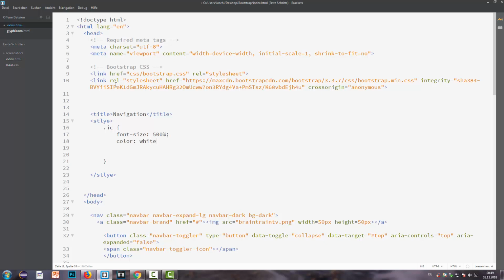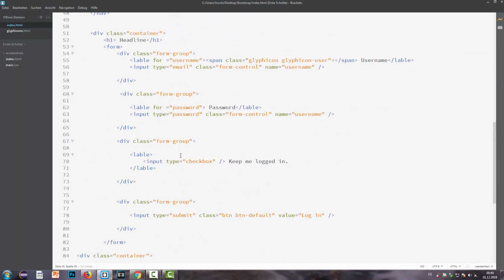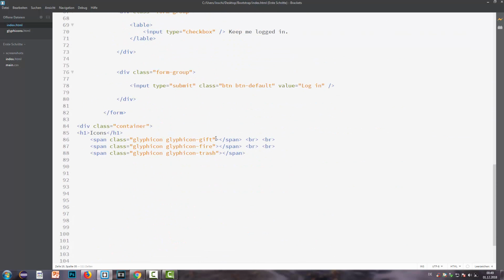We want it to be white, and the background color should be red. Okay, very simple. So I save that, and what I'm doing now is I go back to our glyphicons